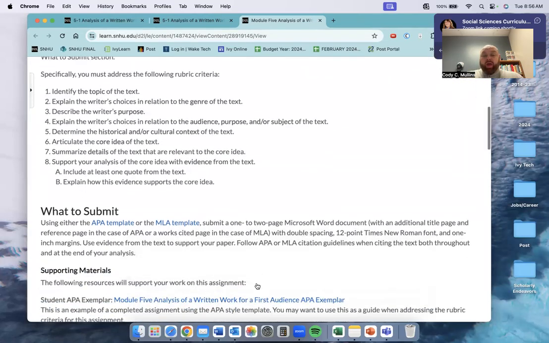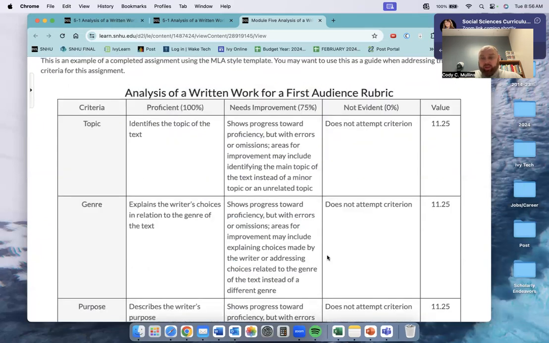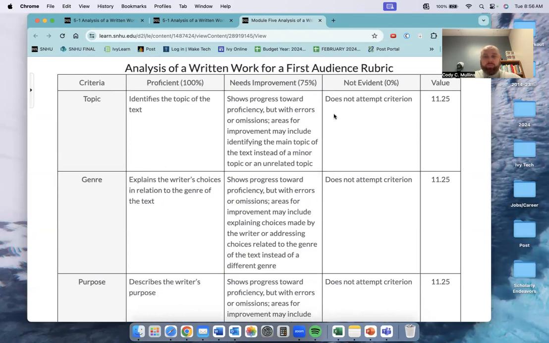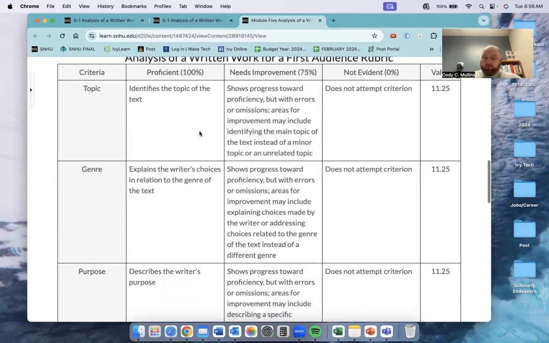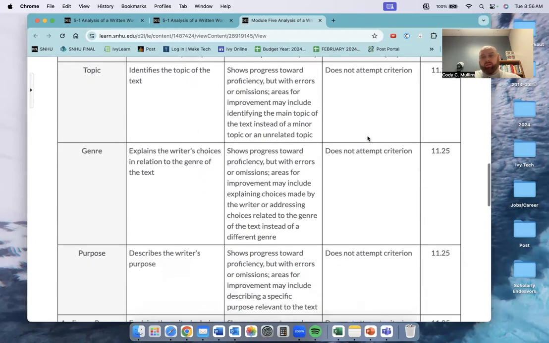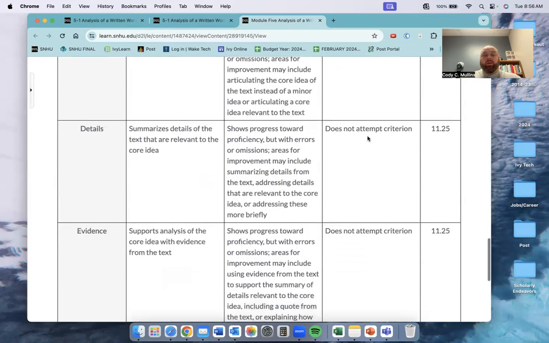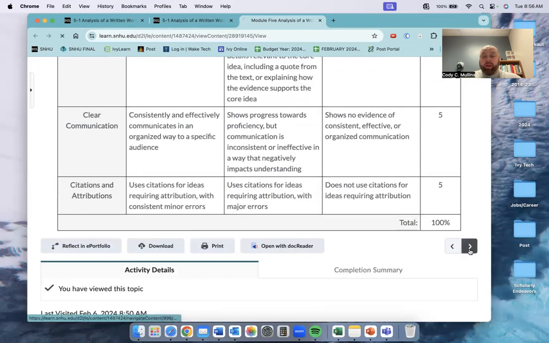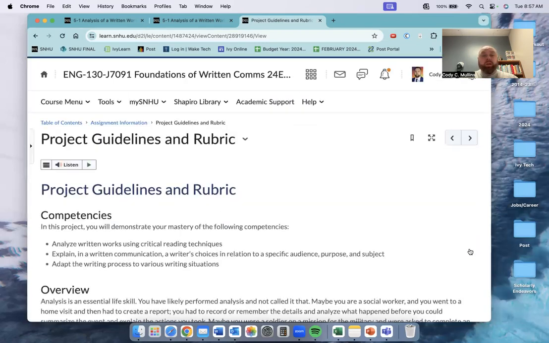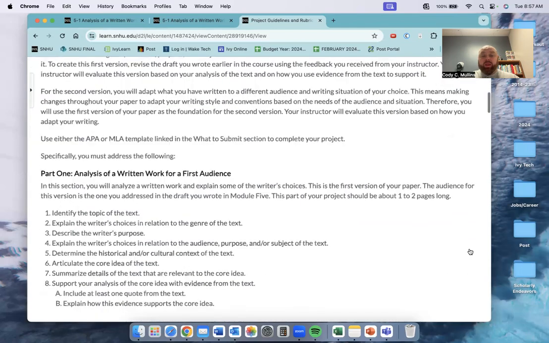That is essentially it. Make sure you're taking a look at this rubric. This is the rubric that I use to grade your work. You basically have three categories on each of these criteria. You're either doing really great, you need improvement, or you did not attempt it. That is what makes up the rest of your grade. So that is essentially it for this week. It's a simple week in the sense that you only have one thing to do, and it is a culmination of the work we've been doing over the last four weeks.